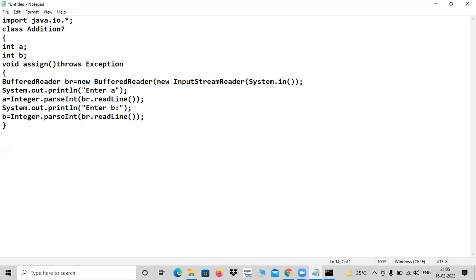Let me close that. Let me add another method where the actual logic is going to take place. That is sum. Sum is the name of the method. Throws IOException is not required. Throws Exception is also not required. Let me directly add. Let us not take a third variable. Without taking a third variable, I can add like this: System.out.println,